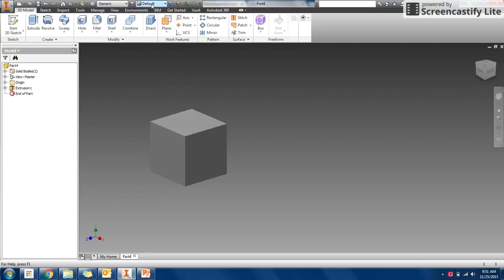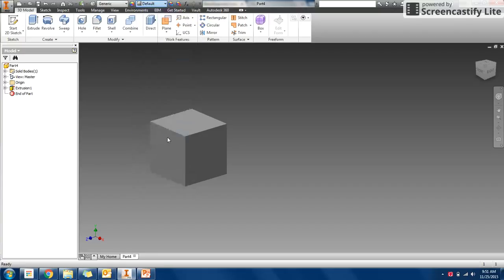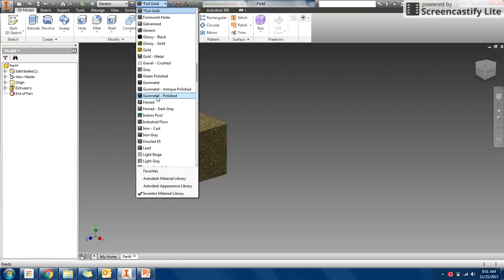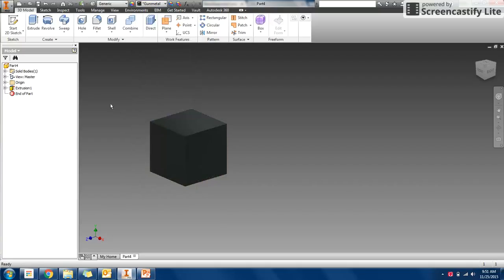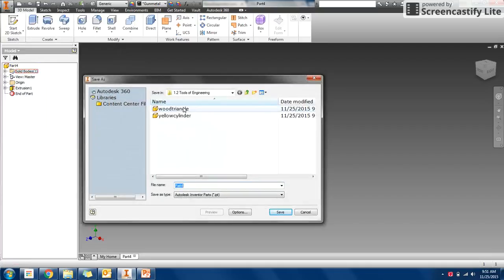So again, I could go ahead and change the color. So this one, let's try gold. Alright, that one's not too nice of a gold. Let's go ahead and try something different. Ooh, gunmetal, cool. Alright, hopefully you're enjoying my voices. I can go ahead and save as